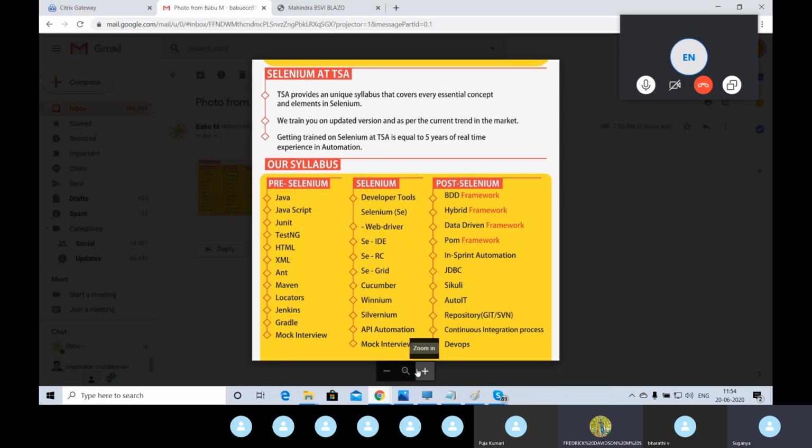Yes. So whenever you want to interact with a window-based application apart from the web browser, you can make use of Vinium. If you don't use Vinium and use only Selenium, then you cannot interact with window-based applications. Additionally, if you use Vinium, then you can interact with window-based applications. Clear?